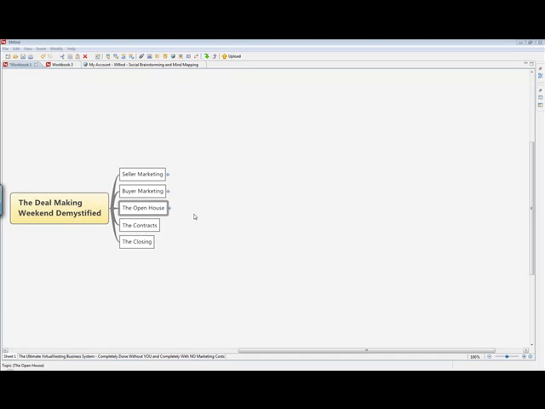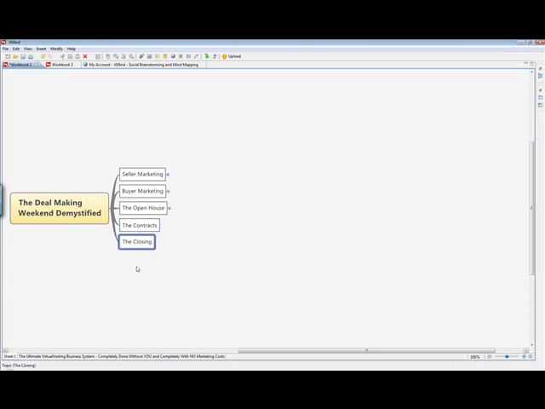All right, and so once the open house happened, we got the application, and after we agree to sell it to them, the next step is that we proceed with the contracts.